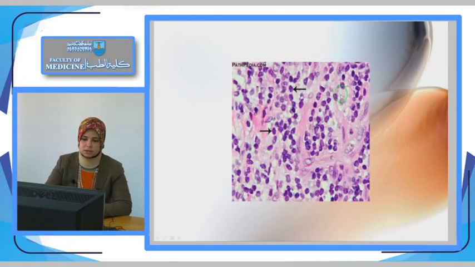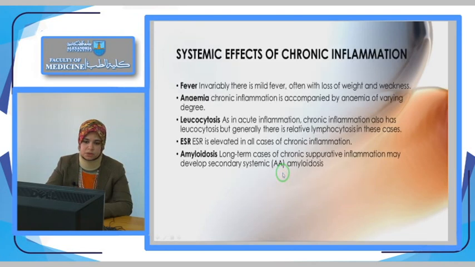Here I have a tissue section or photo of a tissue affected by chronic inflammatory cells. We learned that the main chronic inflammatory cells are the lymphocytes. Lymphocytes are these cells where we can see only the nuclei, because these nuclei are surrounded by a very thin rim of cytoplasm, so I can see just the nucleus of these lymphocytes. We can also see these large cells that have vesicular nuclei, which are the macrophages.